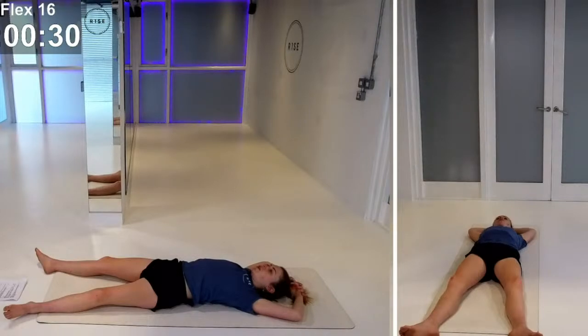When you're ready, just taking 3 more really deep breaths in and out here. Full expansive inhale into the lower belly, into the back body, into the side body, and away. 2, one more deep breath in. And